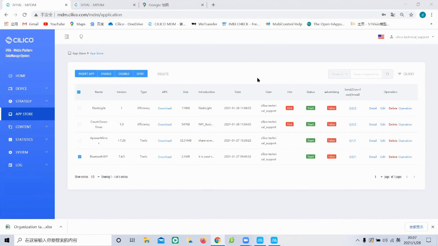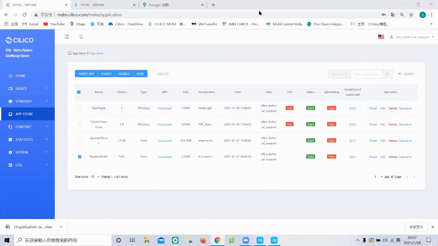Currently, I have one note. This function is already very stable. So if you want to try it, you can use the account to try this function. Yes, definitely, because our customers want to have this